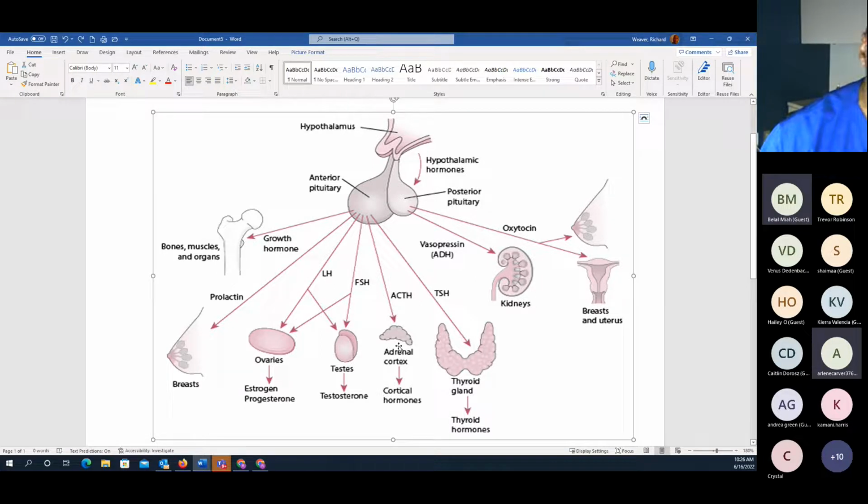But the cortex is responsible for those three hormones: cortisol, aldosterone, and the androgen type of hormones. So if they are low,